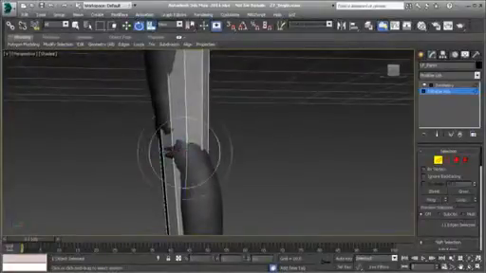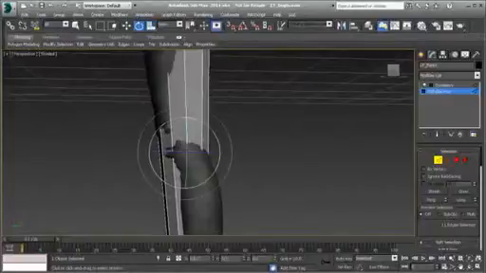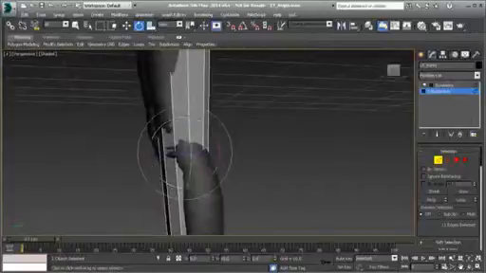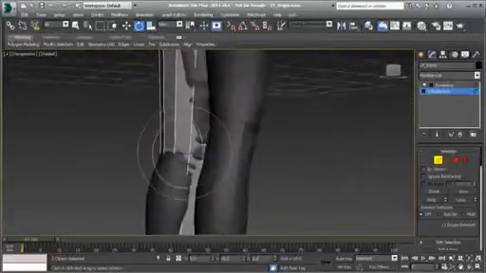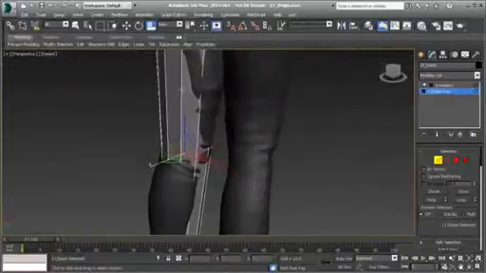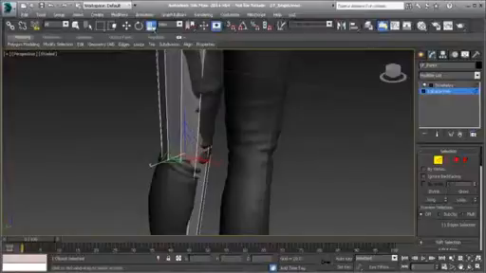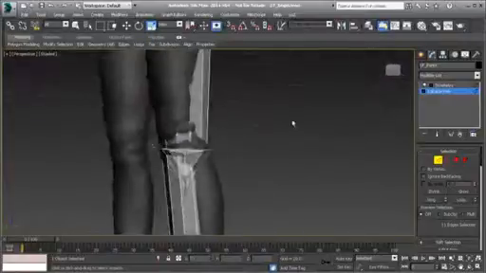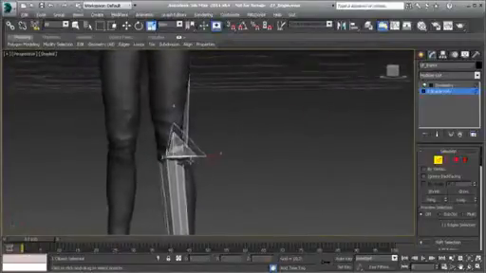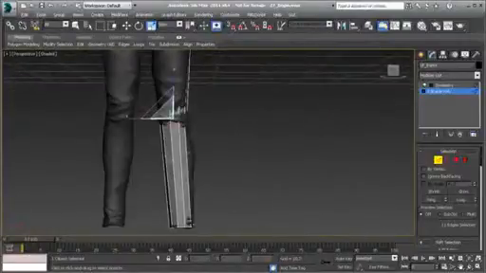Okay, so we've got the basic shape of the pant leg. Now all we need to do is come in, maybe add a few more segments here and there. So we'll Control right click, go into our Swift Loop. You can hold down Shift and go right in between all of those and just start adding some segments just to kind of help out with the overall shape. Now watch some of those, because like the one here at the bottom, it didn't really shape the way I thought it should holding down Shift. So let me just pull it back